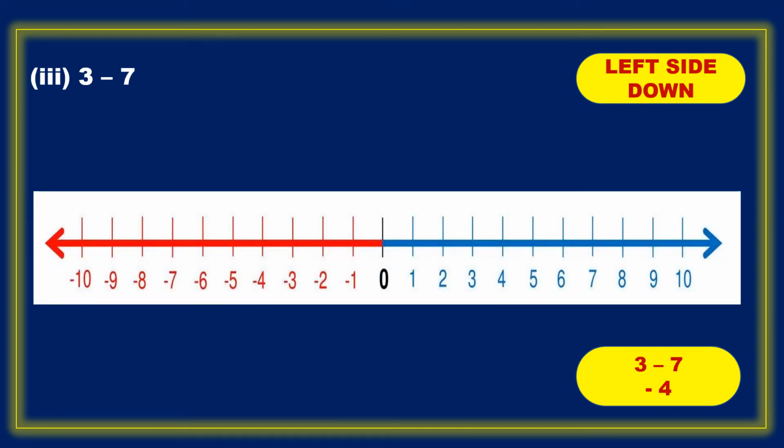This is your number line. We discussed already that whatever first number is there, we should start from 0 to that number. So from 0 to 3. Next, minus is there. Minus means we should go on the left side and down. How many steps? 7 steps. So count 7 steps from this 3. Wherever the arrow mark is, from there you should count 7 steps: 1, 2, 3, 4, 5, 6, 7.